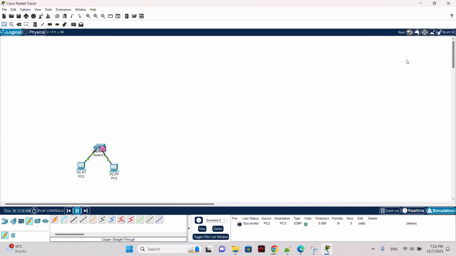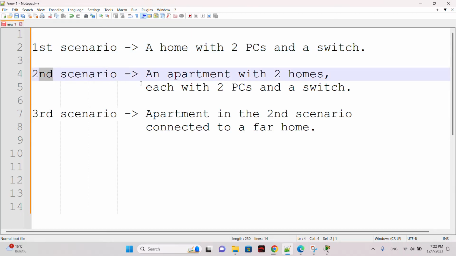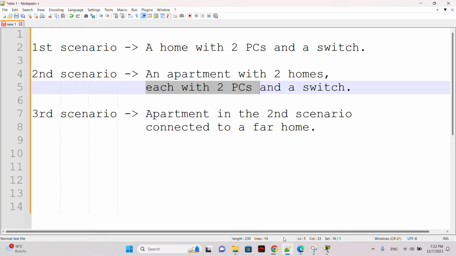Okay, so this is the first scenario, a simple scenario right here. If you want to delete these data packet results that you have sent, you can just click the delete button right here. So now everything's deleted. Let's check the second scenario. So the second scenario says that we have an apartment with 2 homes, each with 2 PCs and a switch. So let's check this right here, and let's add the condition that